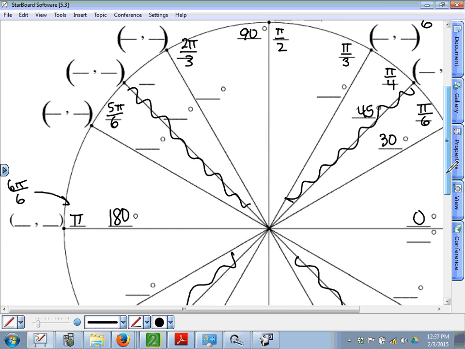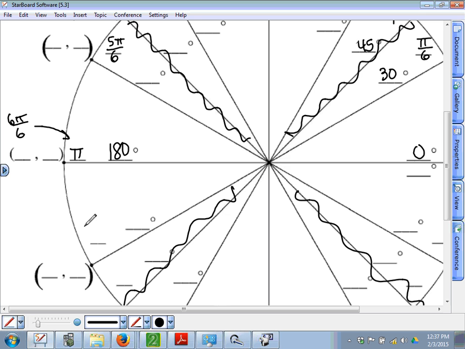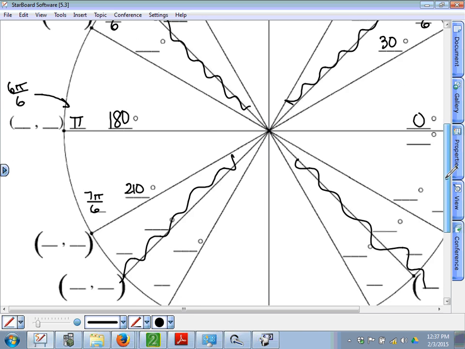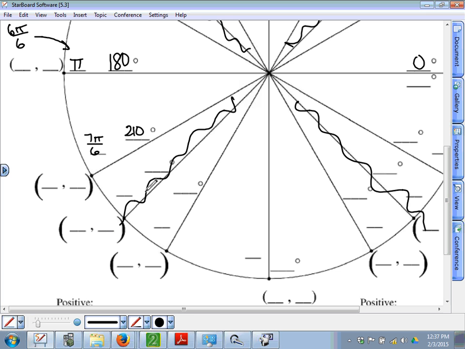So what would the next one be? 7 pi over 6. That's 210 degrees. Skipping over 225 to 240, wouldn't that be 8 pi over 6? Yes. But that simplifies to 4 pi